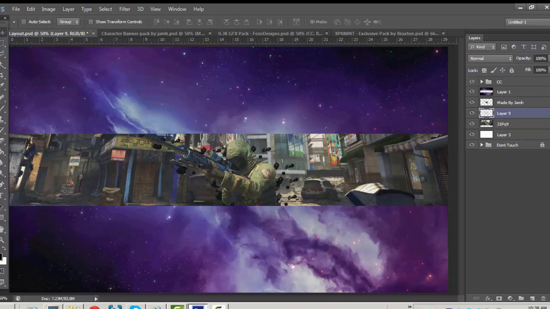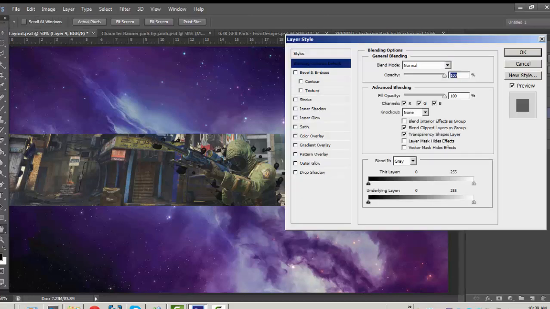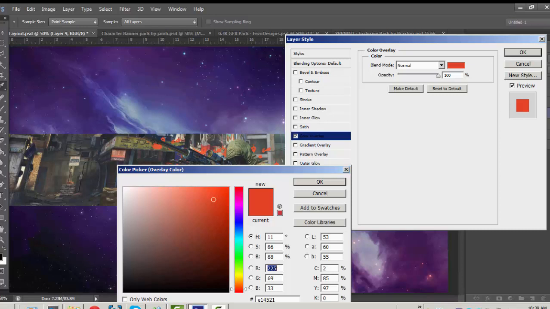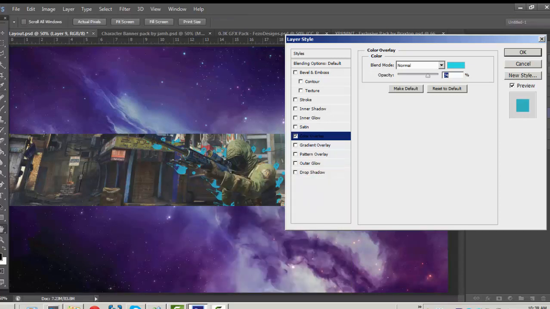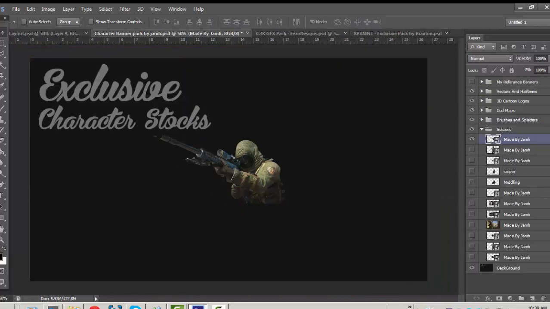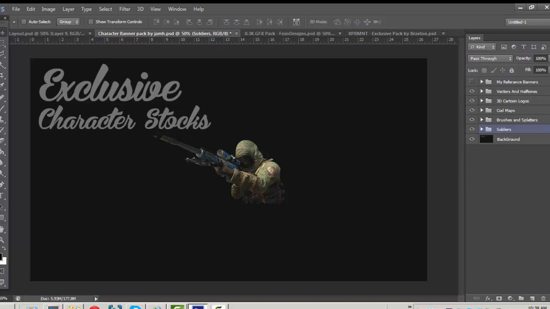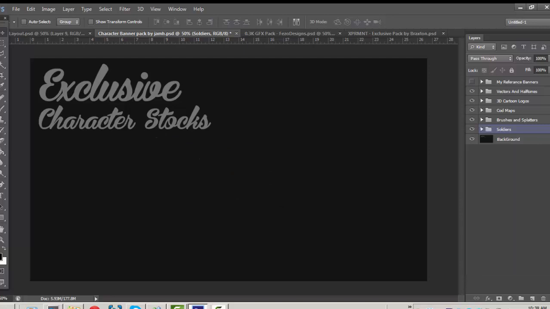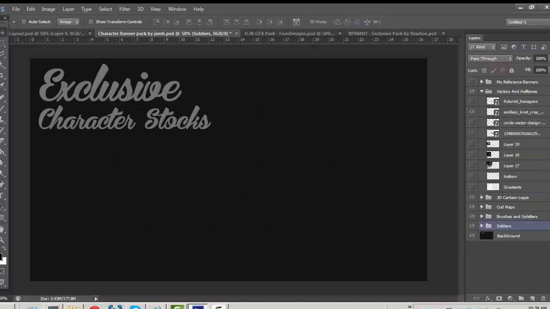So the next thing that you want to do is choose whatever color you prefer it to be, and for this instance I'm going to be using a blue, and I'm just going to lower the opacity down just a tad bit. And then the next thing that I'm going to do is go to this character pack by Jam, and then just wait a sec, I'm going to unselect this and then go to these vectors